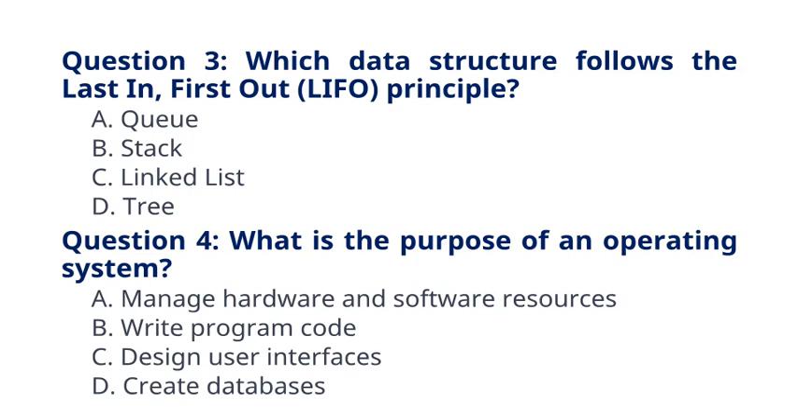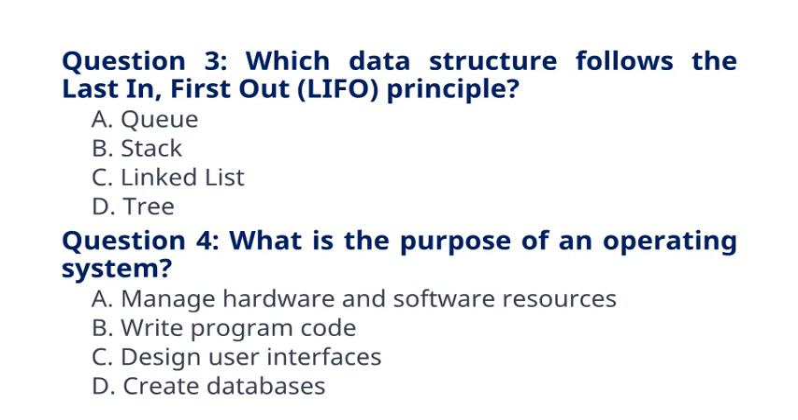Question 4. What is the purpose of an operating system? A. Manage hardware and software resources. B. Write program code. C. Design user interfaces. D. Create databases. The correct answer to question 4 is option A. Manage hardware resources. Explanation. An operating system manages hardware and software resources, provides user interfaces, and facilitates communication between software